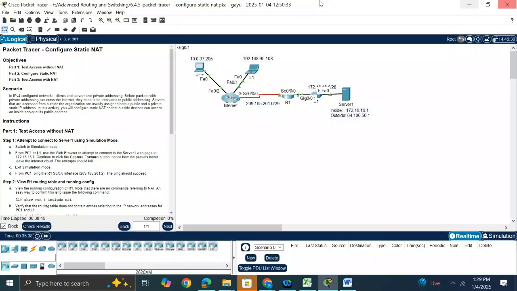We'll discuss 6.4.5, configure static NAT. NAT means network address translation. The private addresses we are using in our LAN will not pass through a public network like the internet. So we need to convert that private address into a public IP address. Translating private to public is done by network address translation, and we are configuring NAT